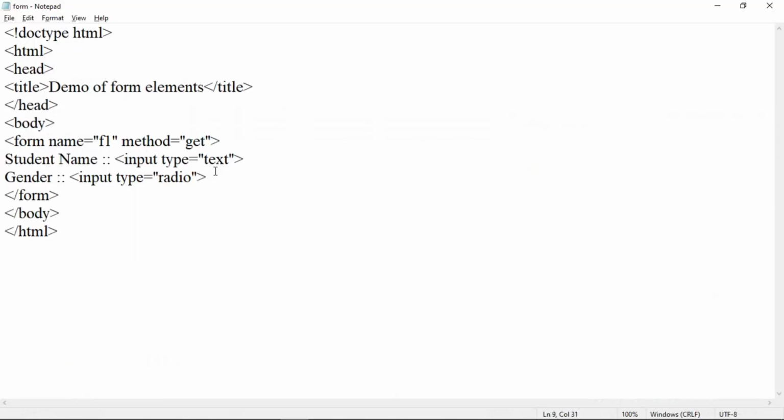So now let us add here text like male. After that, one more option should be there. So add here one more input type is equal to radio and add here the text that is female. Save this program, press Ctrl S, Alt Tab, refresh the page, F5. In this way you can create a radio button.